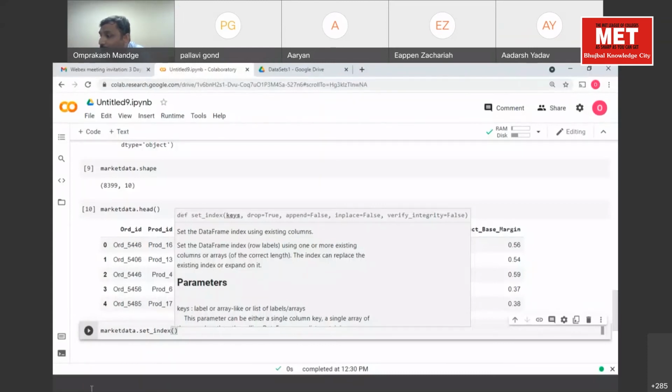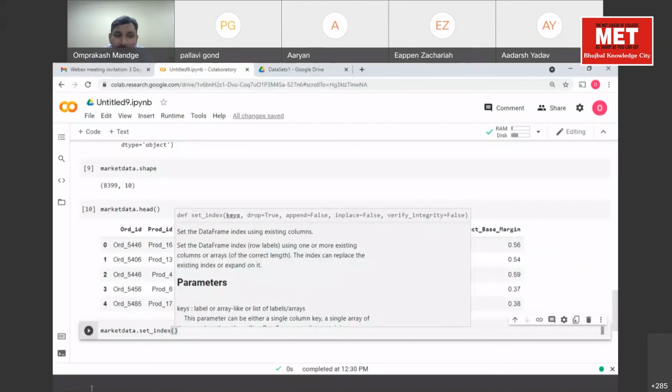How will you specify Order ID? One thing you have to make sure in Python is that you are following cases. If the column name is in capital case, you have to specify the column name as per the capital or small case.